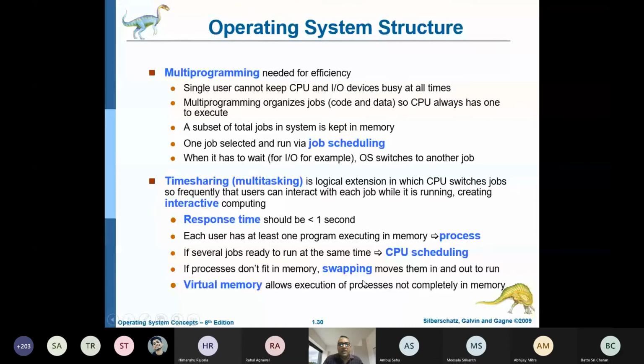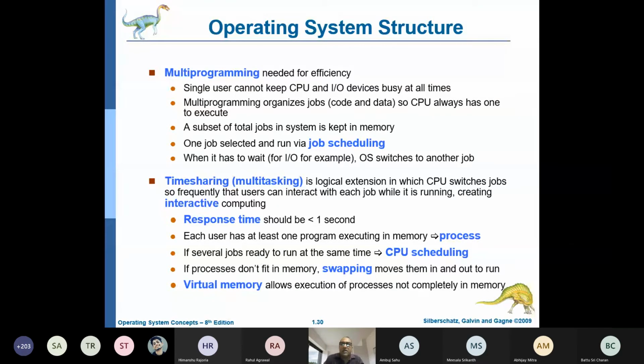Swapping means that if the process doesn't fit into memory, you bring only part of the program into the main memory. Then when it's executing, suppose it requires code which is not in the main memory, at that time you need to swap. Assume your main memory is full and you need an instruction that is not present in it. For example, it's currently running some program and the next instruction is somewhere not in the main memory. So for execution of that program, you have to bring that memory.